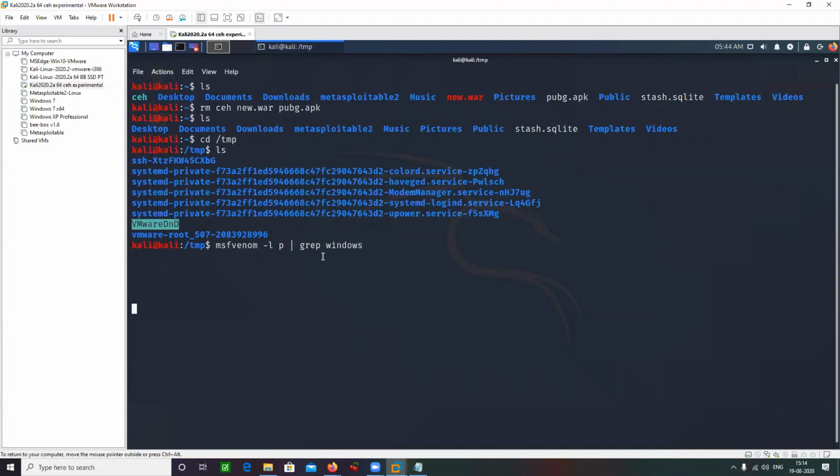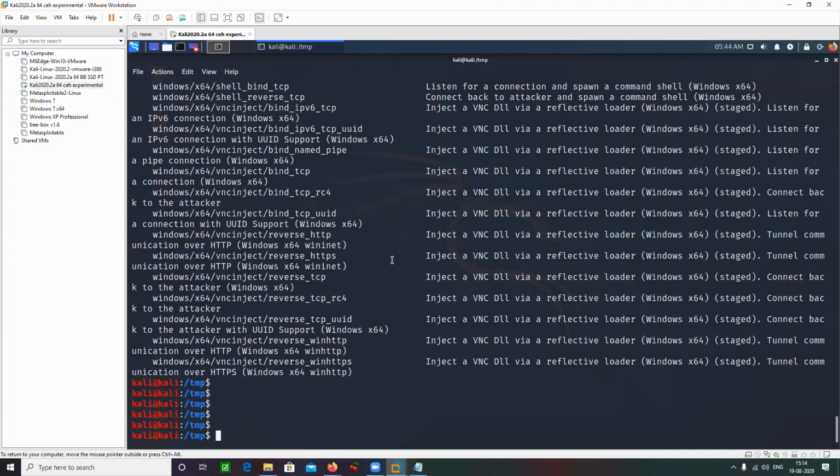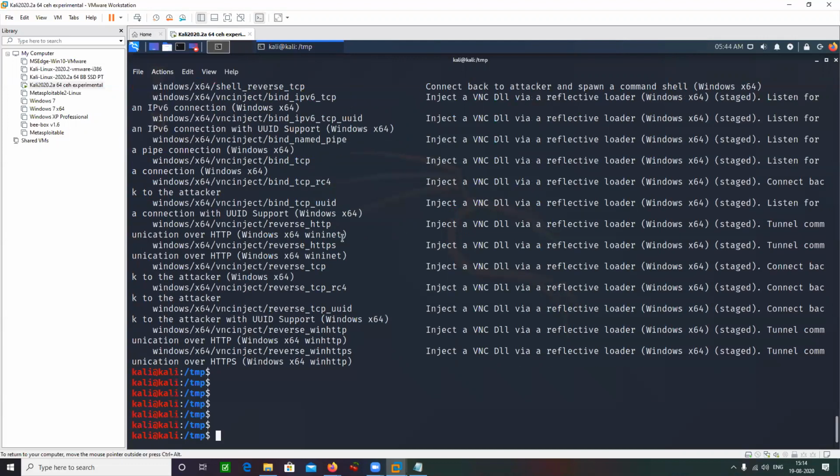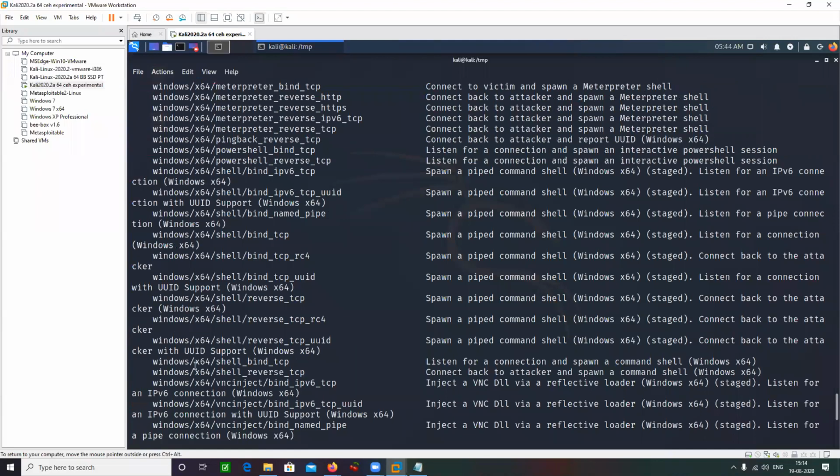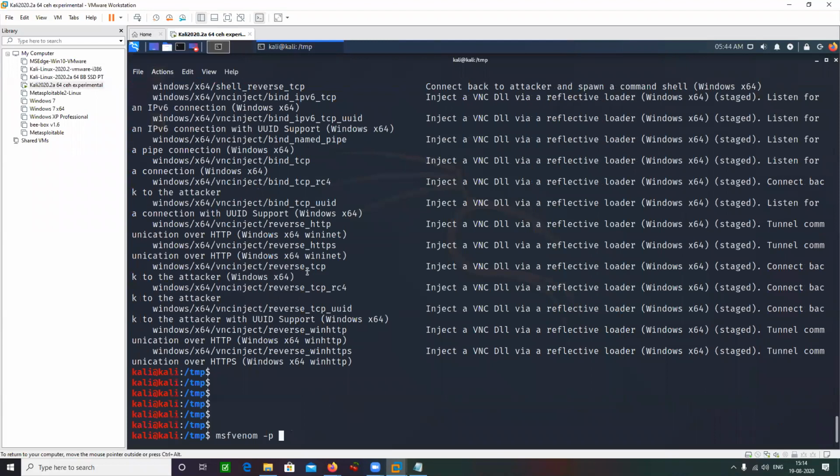Why is it taking so long? Yeah, the output is here. Let's select some kind of a shell here. Let's select windows/shell_reverse_tcp. Copy selection. Go here. msfvenom -p followed by the payload, LHOST, LPORT.